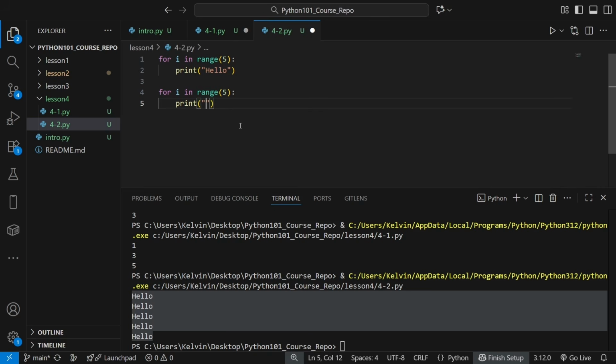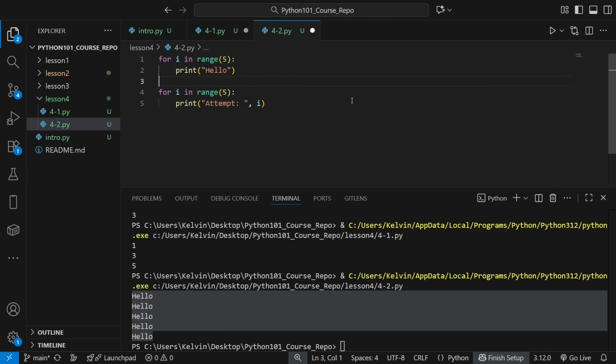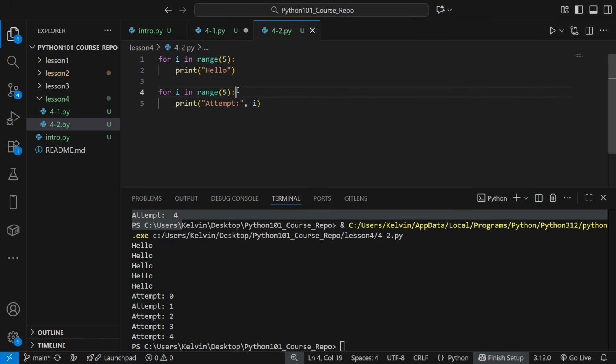Say we wanted to have something like attempt, and we wanted to print I instead. We should see attempt 0, 1, 2, 3, and 4. Now, a beginner misunderstanding is that range will start at 0 instead of 1. If we wanted it to start at 1, we would just simply add a 1. So now we can have attempt 1, 2, 3, 4, and 5